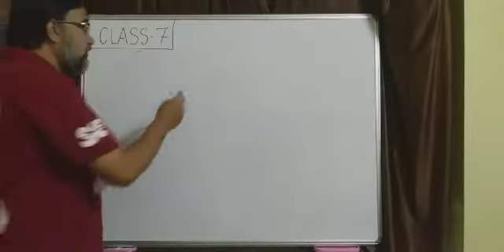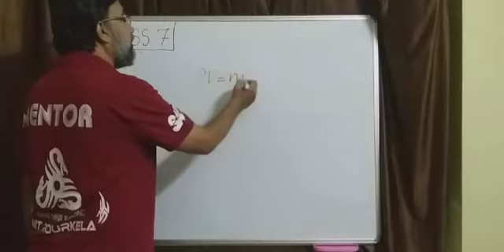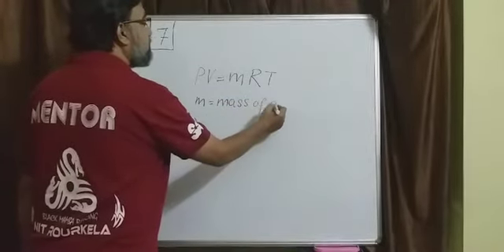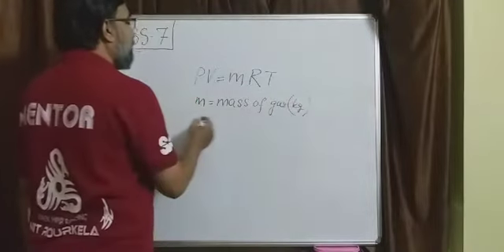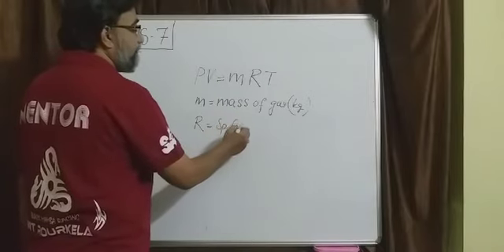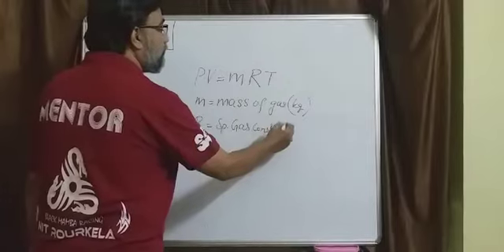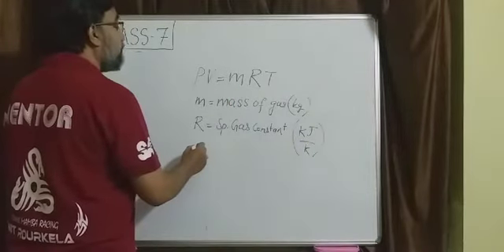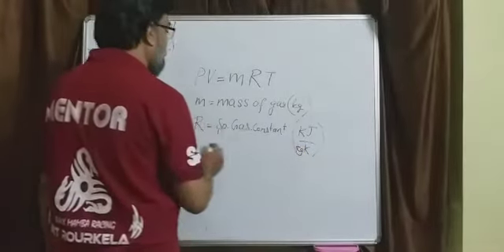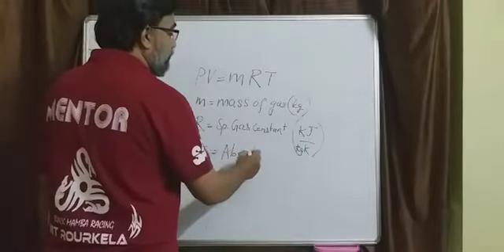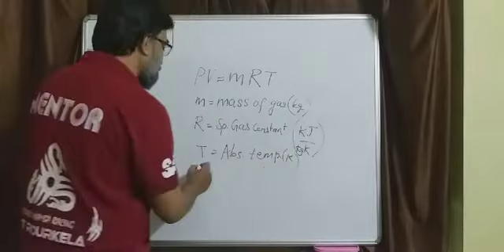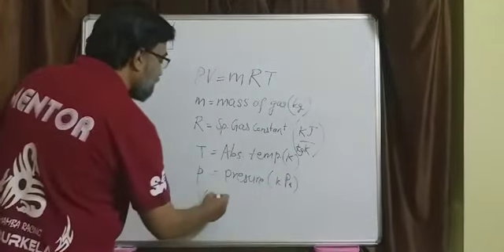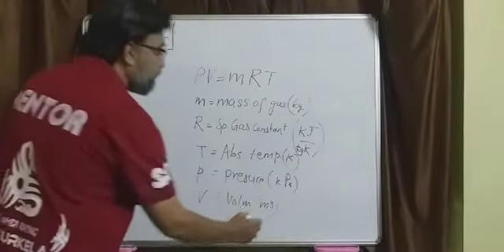So from today onwards, for you the gas equation is not PV equal to nRT, it is PV equal to mRT, where m is the mass of the gas in kg, R is the specific gas constant in kilojoules per kg Kelvin, T is absolute temperature in Kelvin, P is pressure in kilopascal, and V is volume in meter cube. So if you are expressing,